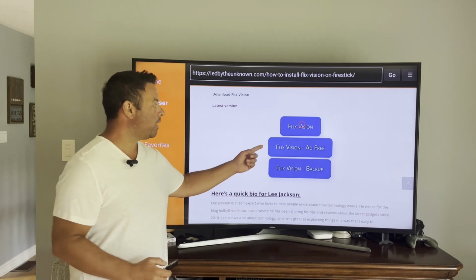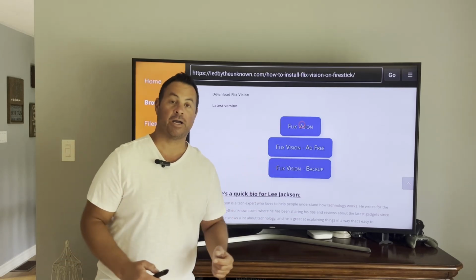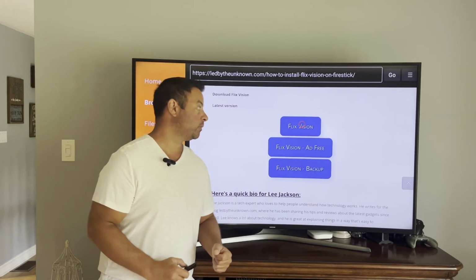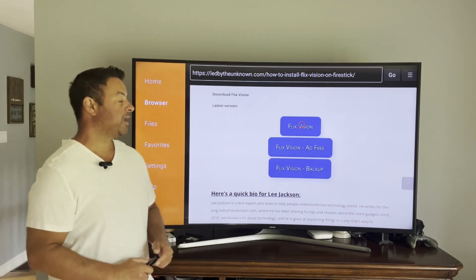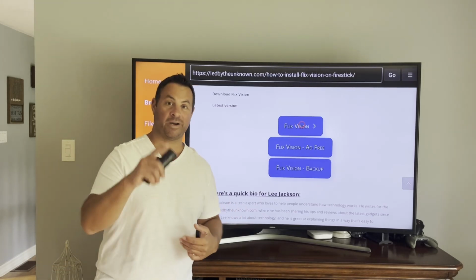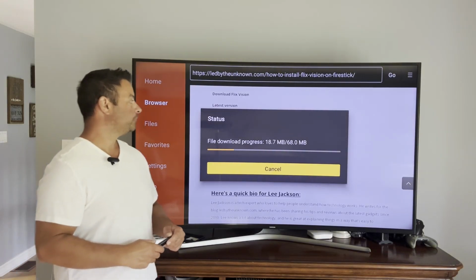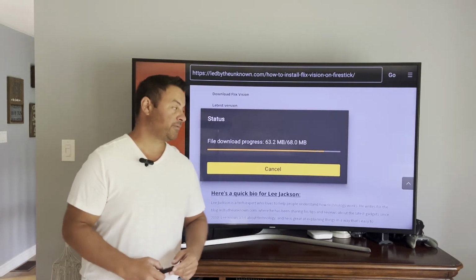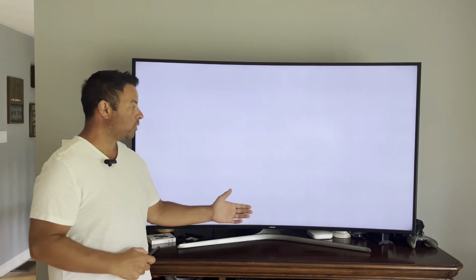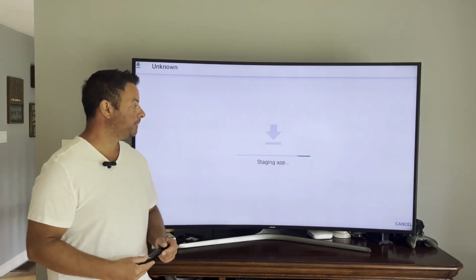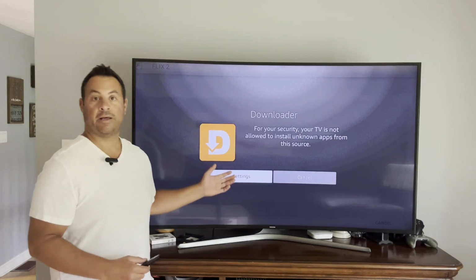Look for the little blue bubble, or we do have a backup just in case one of the links doesn't work. If a link doesn't work, please let me know, and I'll get it updated ASAP. Here it downloads the installation file and goes to the install screen. And now this is where